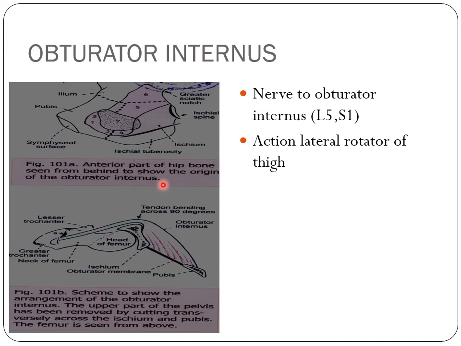Insertion of the obturator internus: there is a tricipital tendon, which passes across the posterior surface of the neck of the femur and is inserted into the medial surface of the greater trochanter, above and in front of the trochanteric fossa. The three tendons are inserted together: the obturator internus along with the two gemelli tendons, superior and inferior. Nerve supply: the nerve to obturator internus, L5 and S1. They act as lateral rotators of the thigh.